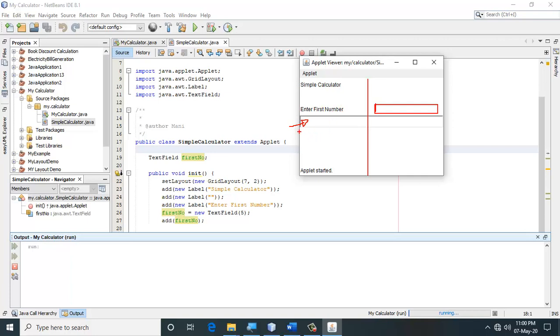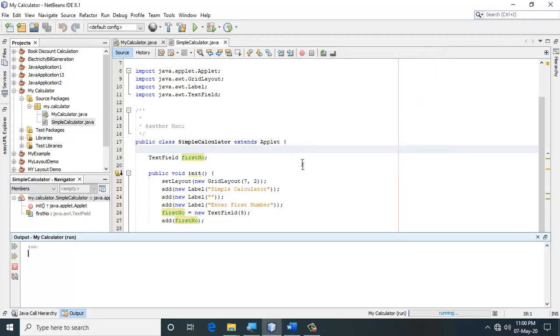In the same way, in the next row, I'm going to add the second number text here, and the text field right in front of it. Let's go ahead and do that.